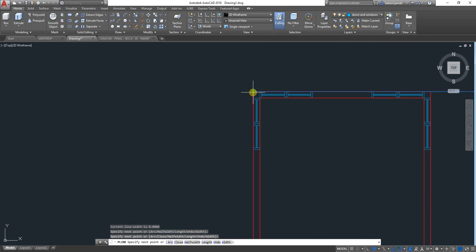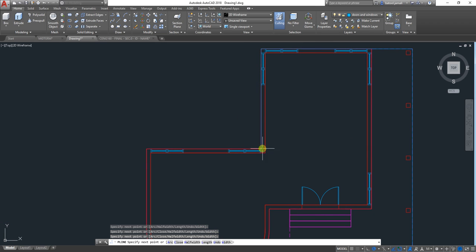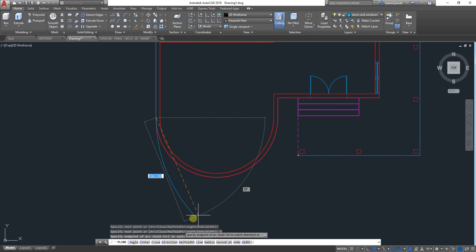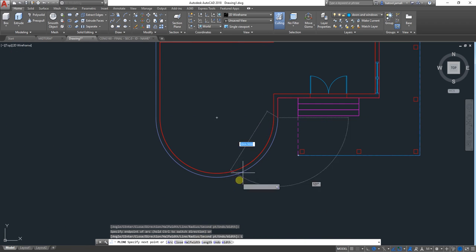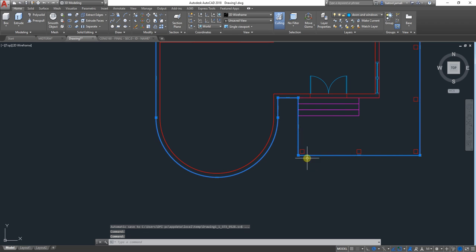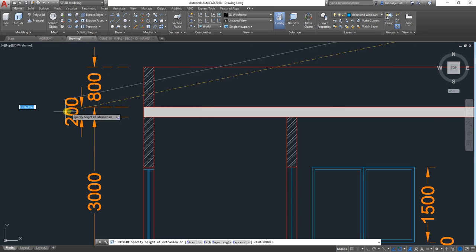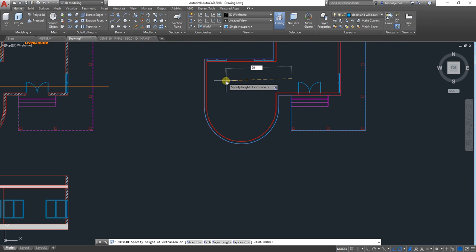Here, here, until you reach the curve here. Select the first point or the quadrant, then arc, and then select the end point, then go back to line, and then you can continue here, here, and then close. Then select the line, extrude, and you can see that the height is 200 for this slab, so I will just type 200. Now if I go to conceptual,